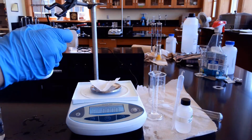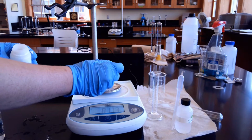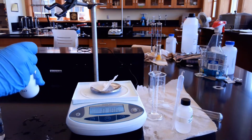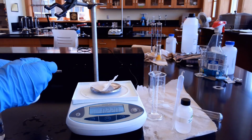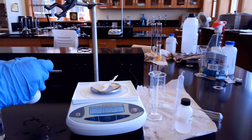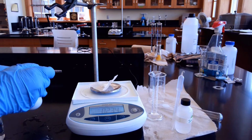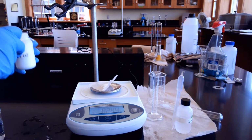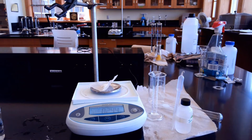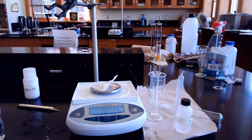So here's our CaCO3. 0.172. We're just going to add a little bit at a time so we get upwards of 0.26. This will actually be good enough for us. We'll stop there. What the scale is reading now is 0.244 grams. So what we have to do now is we have to put that in the tiny little test